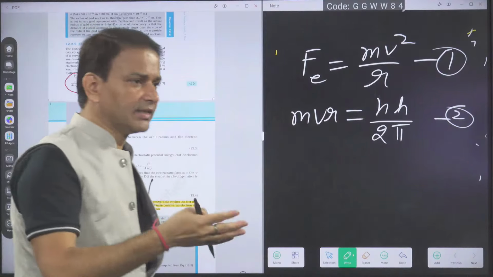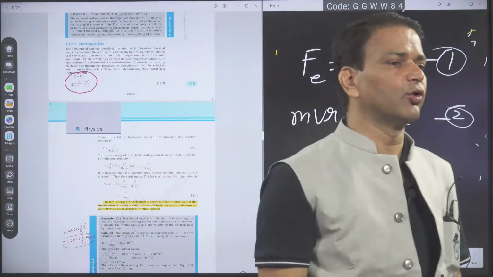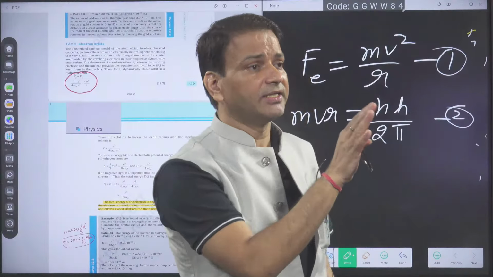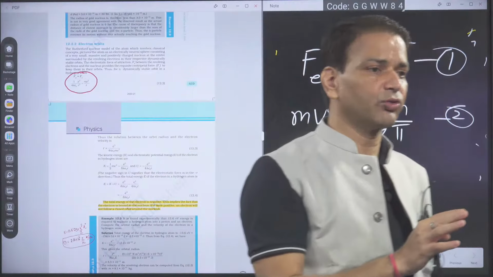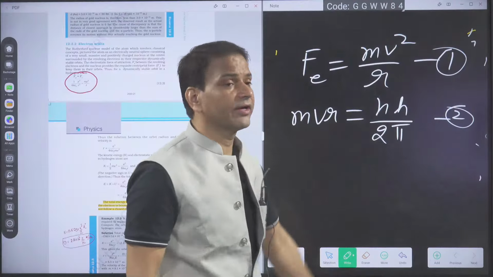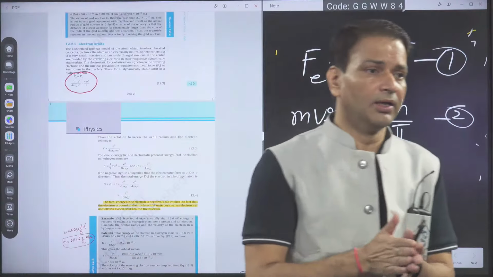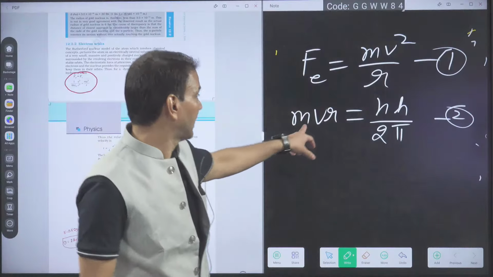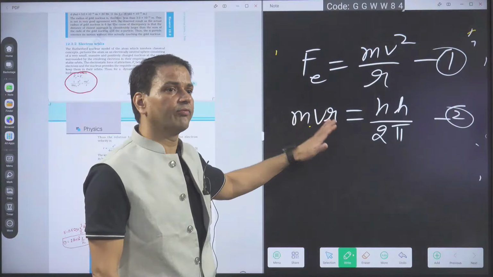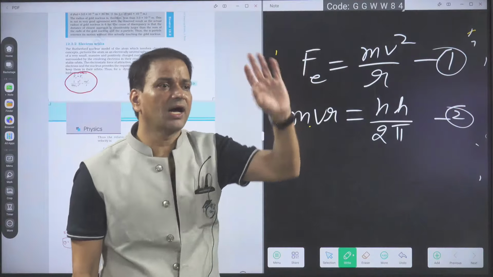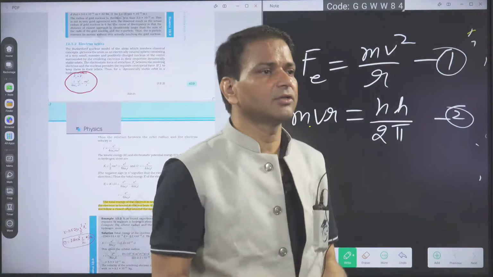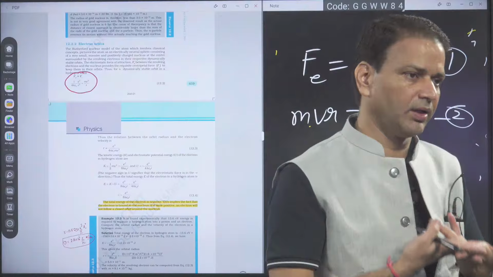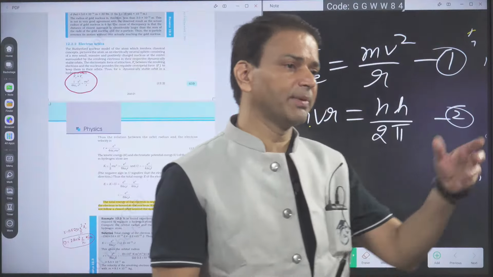In the actual atom, electrostatic force is the centripetal, so we take 1 by 4 pi epsilon naught Z e square by R square is mv square by R, and the Bohr quantization mvr is equal to nh upon 2 pi. So we have two variables, v and r. We find one variable, like v, from this equation, put it in the first equation, and you will get R. After getting R, you can get v. This way we can find the energy and the radius dependence on the n value.